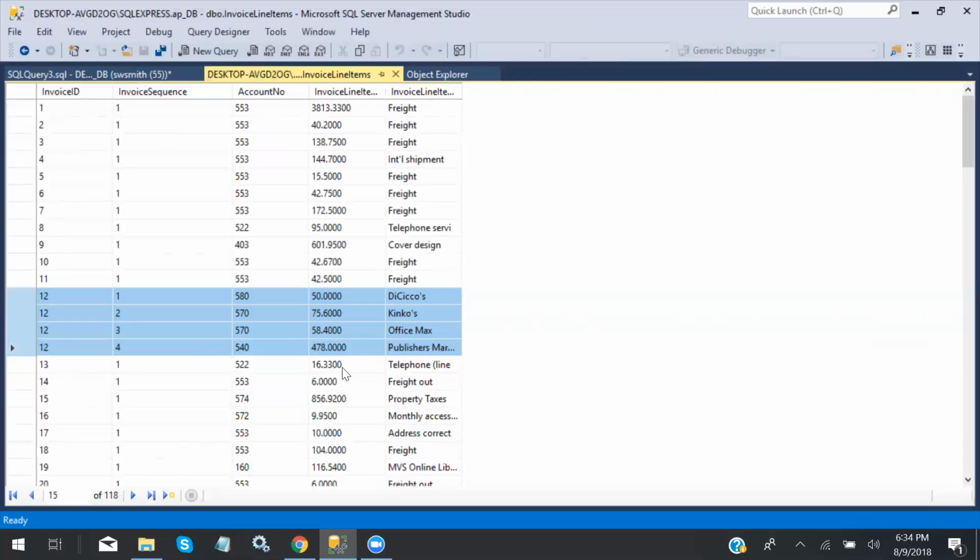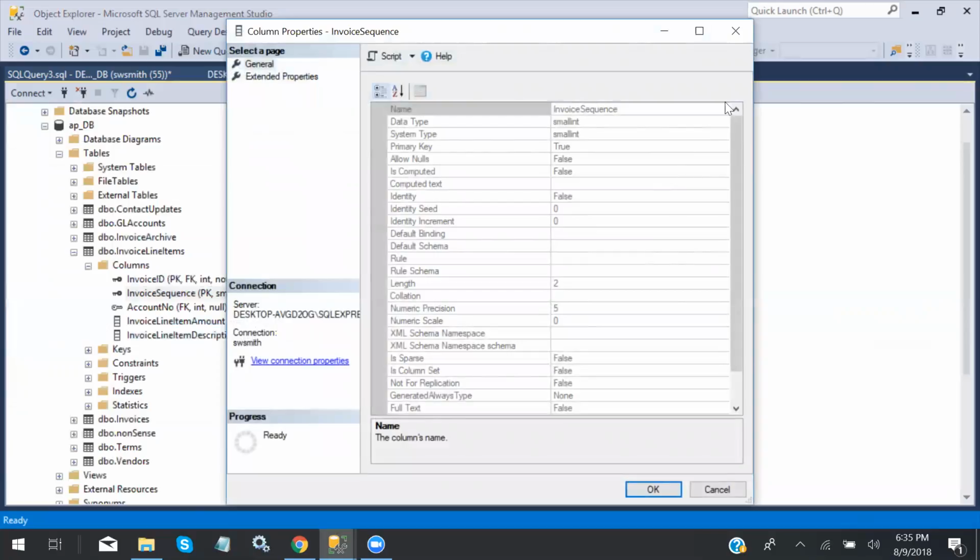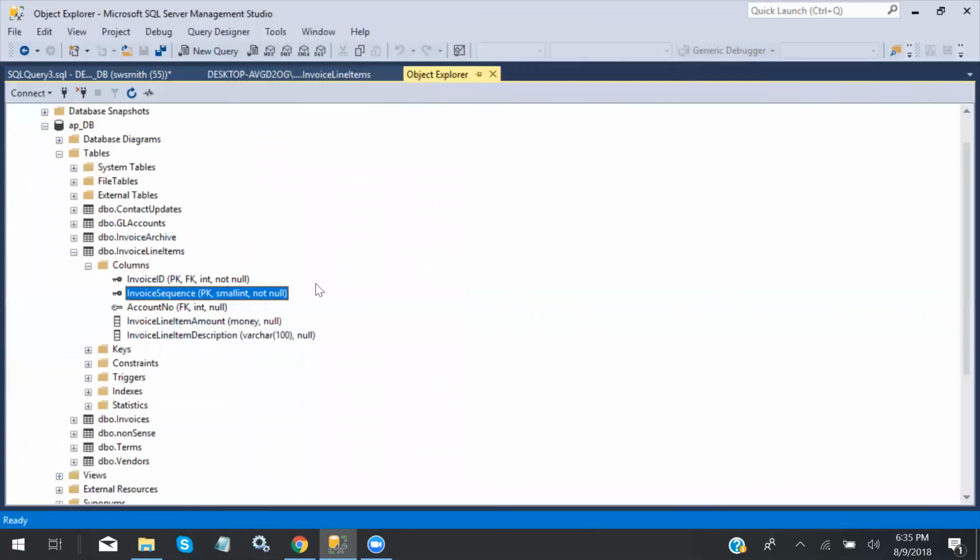The primary key of this table, as you will recall, is two fields. And I don't like that. I'll try to get away from having a two-field primary key, but it is the invoice ID and the invoice sequence number. And if you go over and look at the creation script,